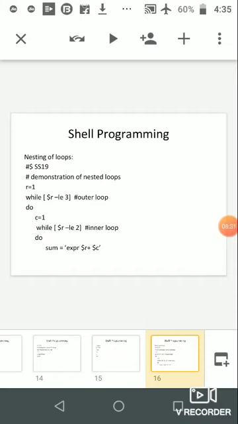Now after the condition is satisfied, it will come to the loop body, and within the loop body we have seen the do done structure. First, this is the outer do we have written. Within that, again we have taken another loop variable, that is c equal to 1, and then here this is an inner loop,